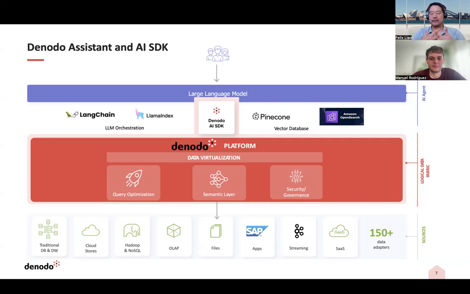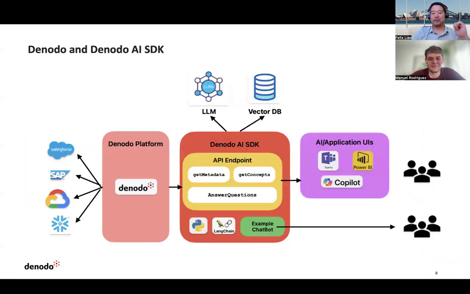And just in the last few months, we've released a new component called the Denodo AI SDK, which pre-builds a lot of this stuff already in terms of integration, flow, and patterns. And so the end result is that customers can deploy these AI applications or chatbots much, much faster, in a fraction of the time. And that's the piece we're going to demo today. But Manu is the guy that actually built the SDK. Manu, why don't you dive in? Tell us what is the thing that you built, what's in it, and how does it really help customers in terms of deploying AI applications?